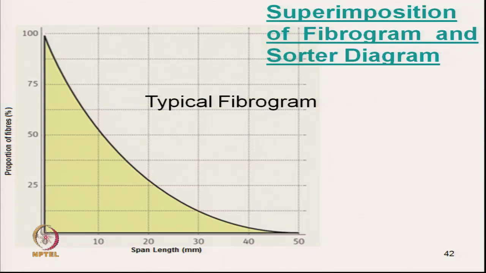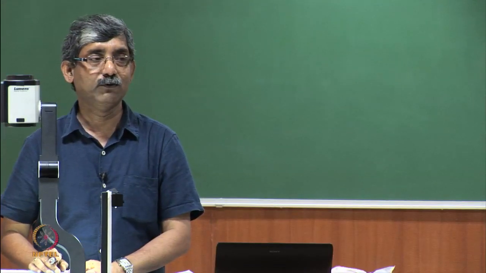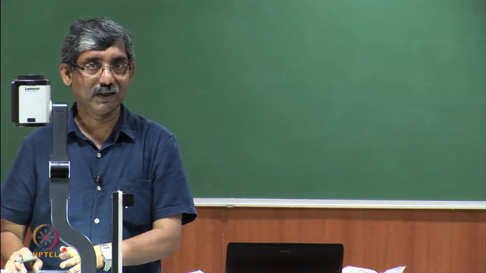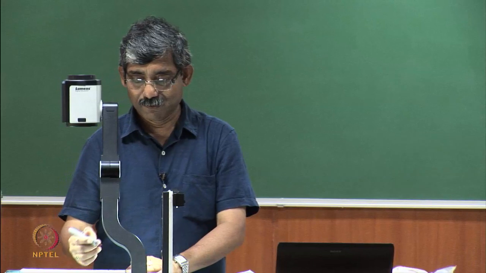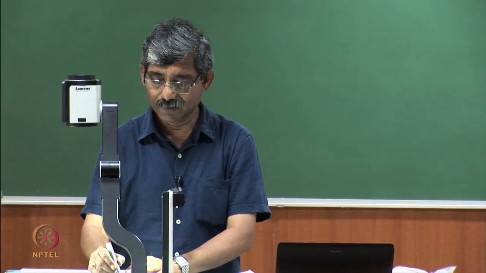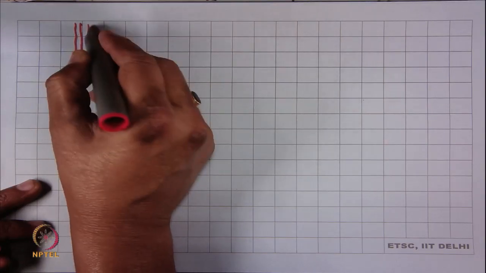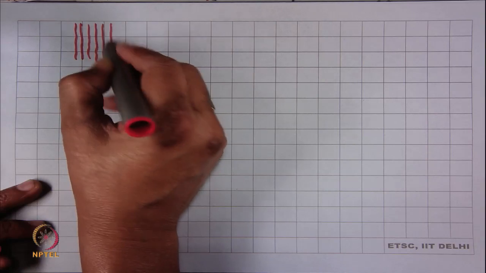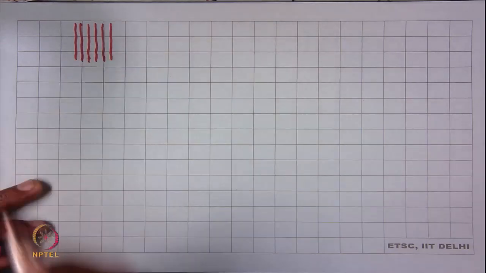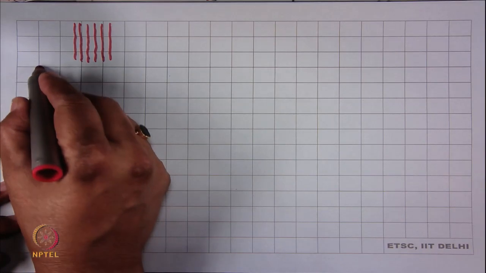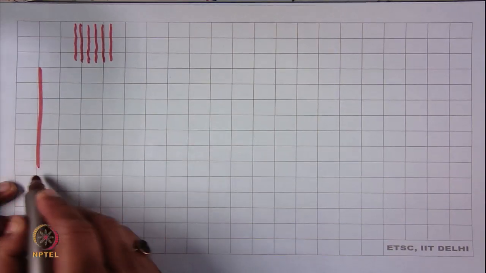So, let us see. It will be very easy to understand if we take one easy example. Then we can incorporate complexity. First thing, let us see a cut polyester fiber of equal length, all the fibers of exactly the same length. Now, if we try to form the Schottard diagram, let us see the Schottard diagram.